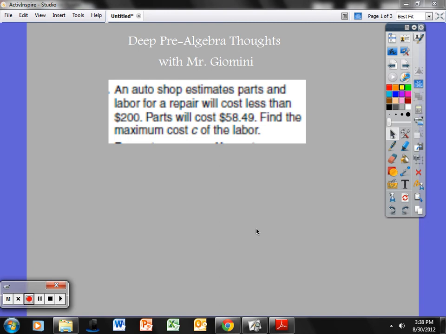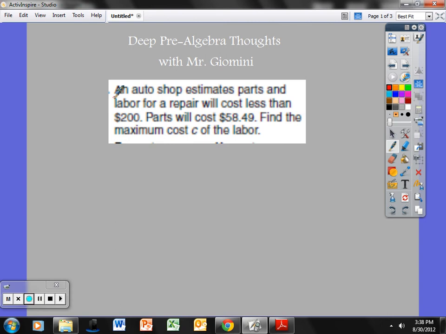Kind of want to take a look at two problems that involve both writing and solving inequalities. And also I want to take a look at something from today with simplifying expressions by combining like terms, also using the distributive property. So, taking a look at this first problem,